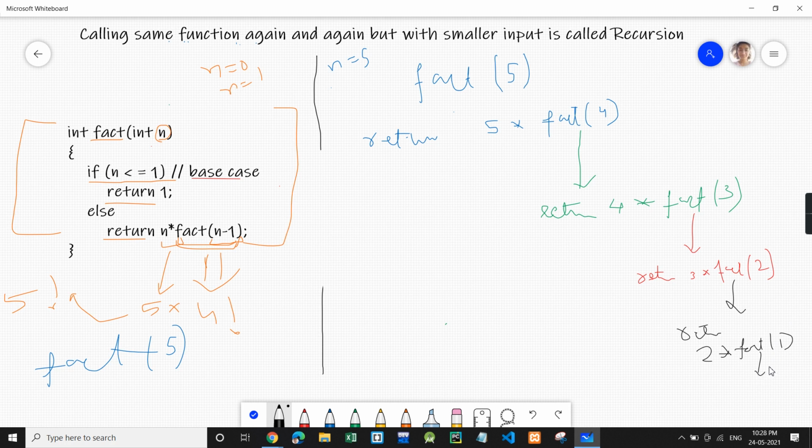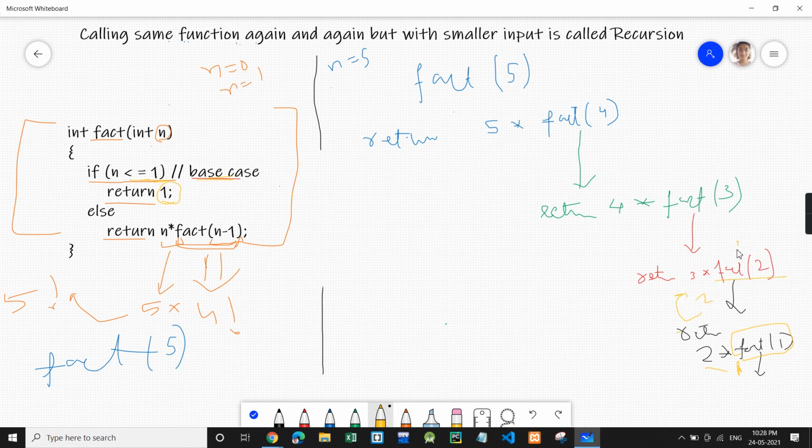Then this fact 1 will execute. Now we'll hit the base case. When fact 1 is called, we see that n is 1 and 1 is equal to 1. We hit the base case, so it will return 1, meaning the value of this function will come out to be 1. So this will become 2, and it will return 2.